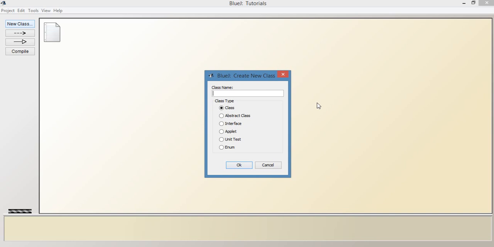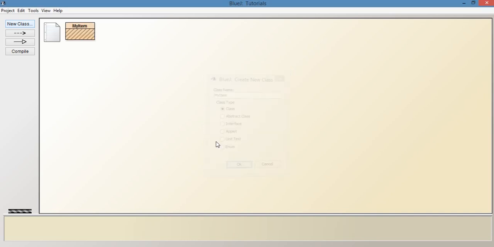So I'm just going to give this class a name. I'm going to be quite generic. I'm just going to call it MyItem. And also note that with a class name, it's convention that the first letter of each word is a capital letter, and you can't have any unusual characters in or spaces or anything like that. So leave the class type as class, click OK,